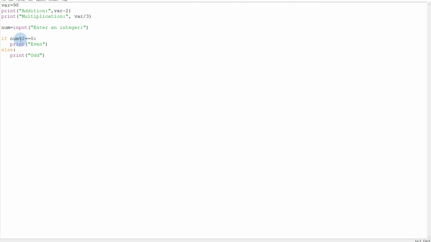Python always takes input in string format, so we have to typecast it over here. Before the input function, we will be typecasting that the number inputted will be an integer. And now we have typecasted it, so our code works perfectly. Let's execute it.